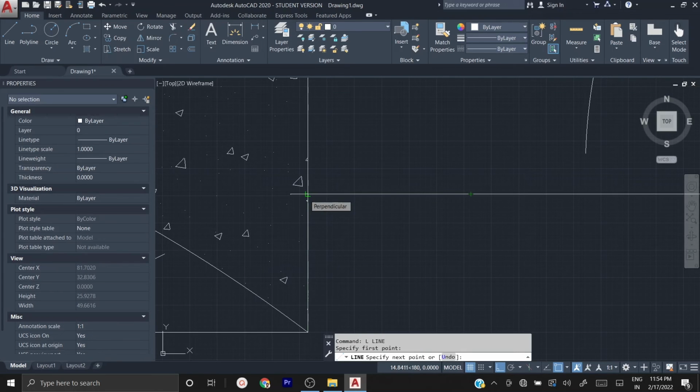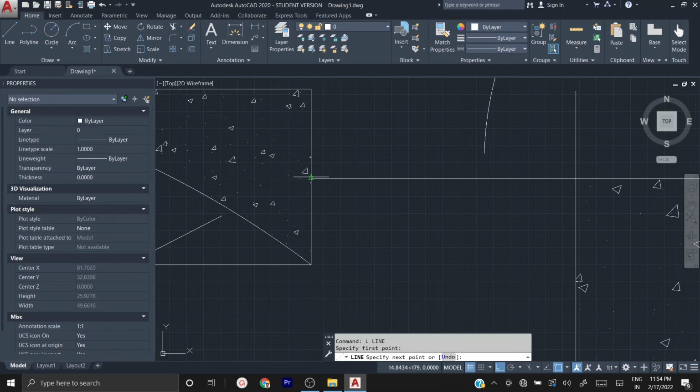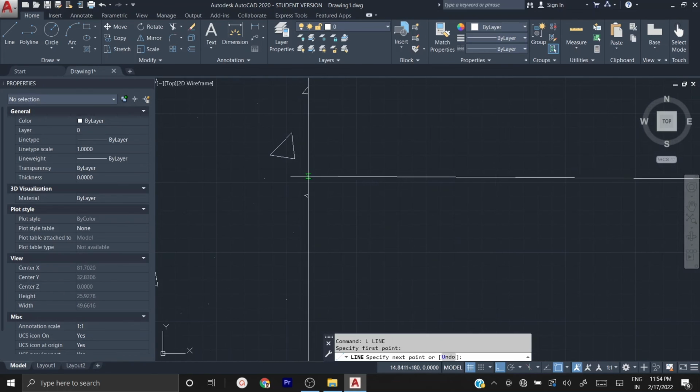See, if you get this, it is perpendicular. And if you zoom in and move, see this little green triangle shows that this is the midpoint of this line. In object snap, if you have switched on the midpoint, it will show this point. Otherwise, it won't show. See, this is the perpendicular.